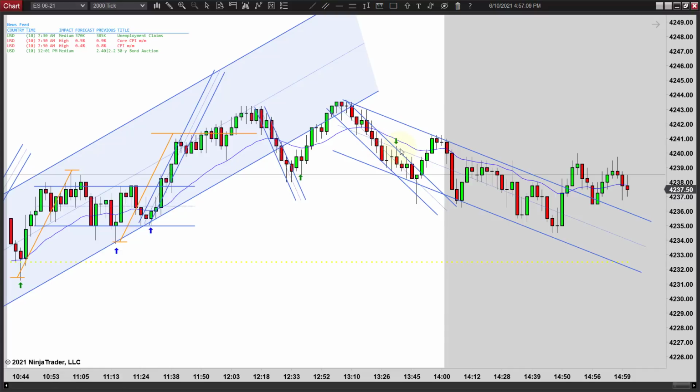But not only do you have the midline, you got the EMA just above, and you got this trend line. So you got three areas of confluence, this strong resistance. So for that reason, I kind of like this one. And you can see it didn't fool a lot of people because it took it a little while to work down, and it didn't drop lower quickly until they took it higher one more time and then took it back